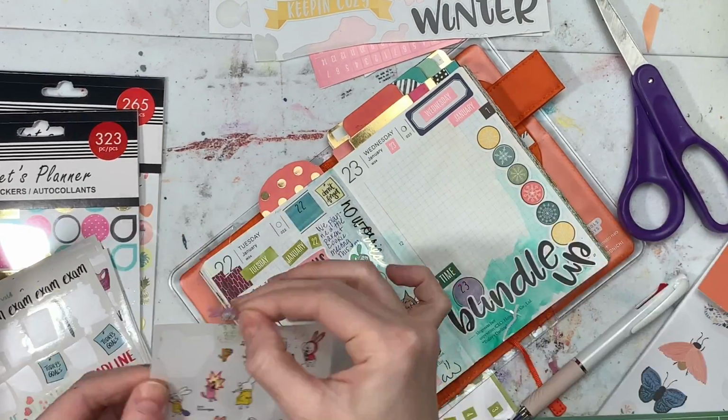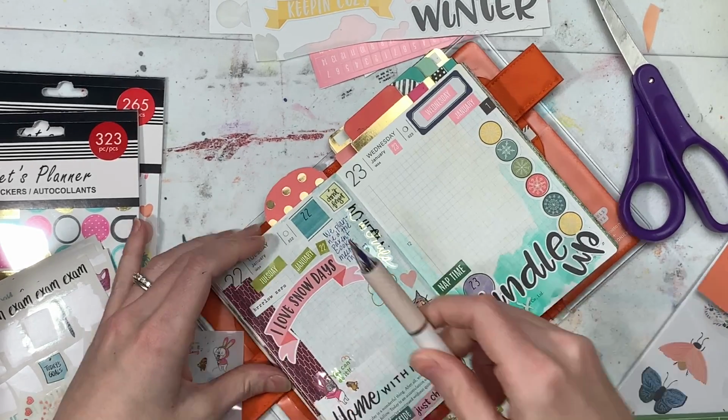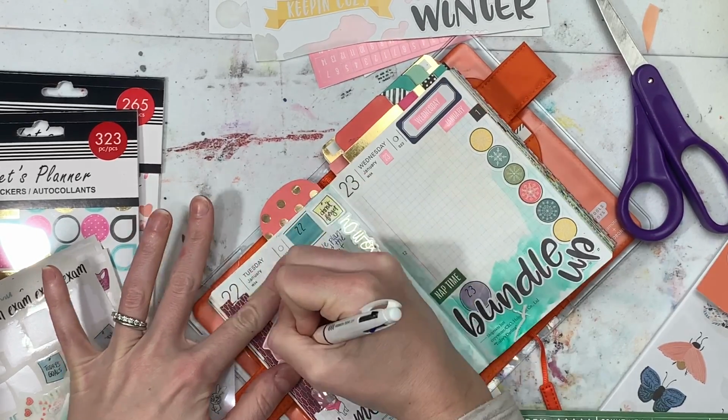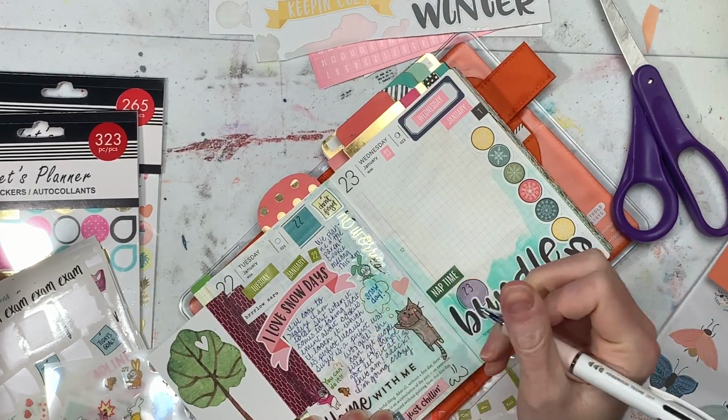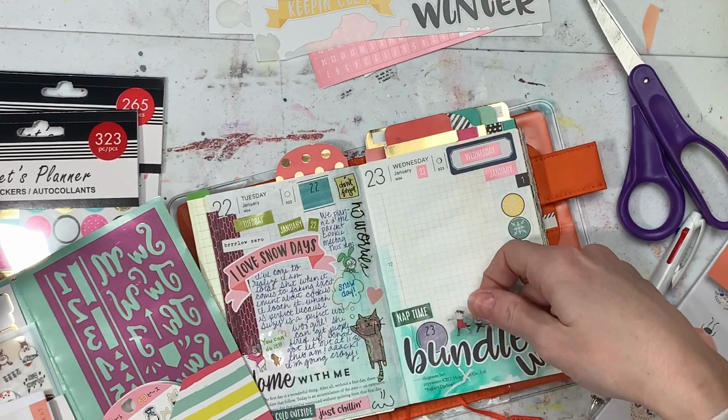They're old. But you guys, I was digging through stuff to send to Kelly in her gift, like extra stickers and stuff. And I'm like, Emily, you have got to use up some of these stickers. So that's what I'm trying to do now. So I'm journaling and then...